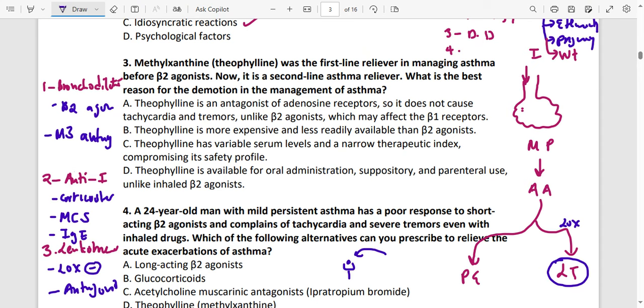And then for the leukotrienes, as we said, you can give those which are inhibiting the LOX enzyme, which is here. The only problem, and this one is important: for the drugs inhibiting this enzyme, you don't prefer giving them over the ones that act as an antagonist for leukotriene on the receptor. Why? Because these drugs cause